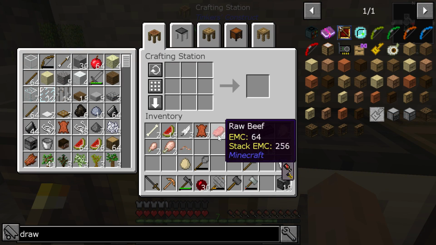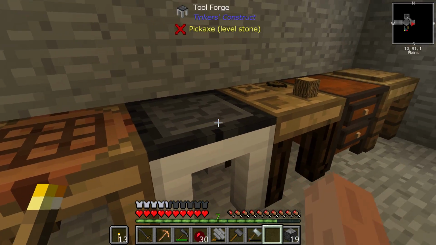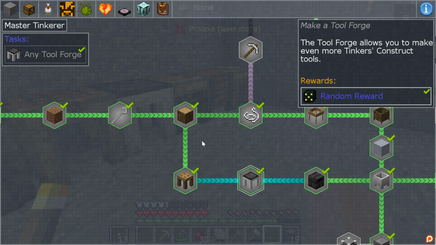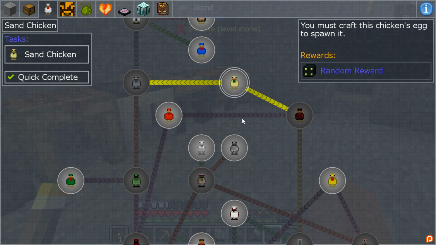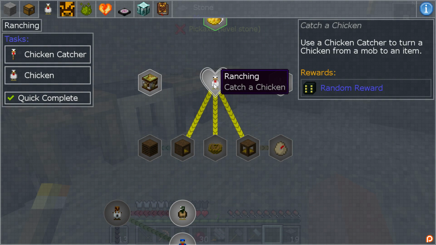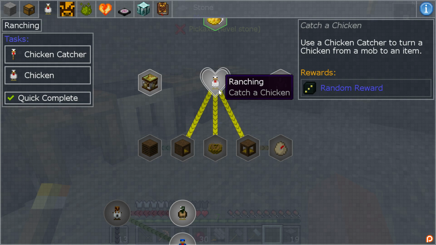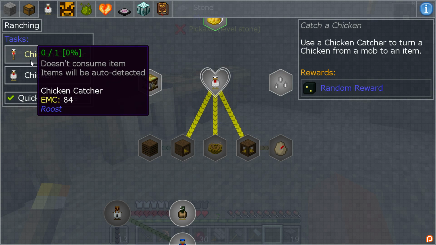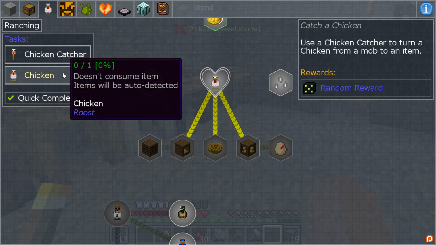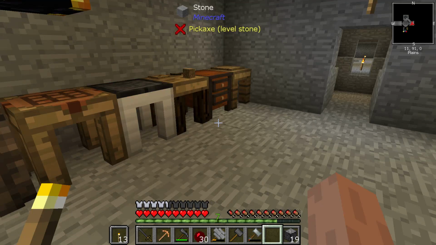Alright, so in the quests on chickens, if we drag up here, catching a chicken. Use a chicken catcher to turn chicken from a mob to an item. To make a chicken catcher requires some things that we don't have. So